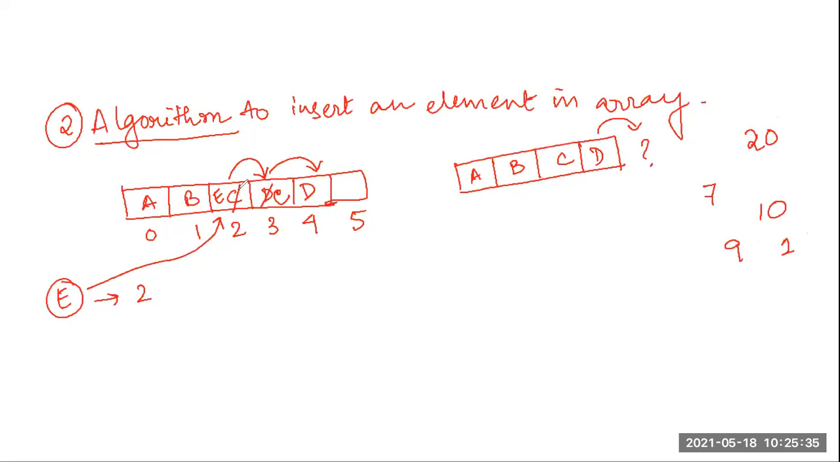In order to insert any element in an array, whether at the first position, the last position or a middle position, we always need to shift all the elements from that location till the end one place to the right. Then that place will be vacant, and in that vacant place I will insert E. This is the concept when I want to insert an element in an array. Now how will I